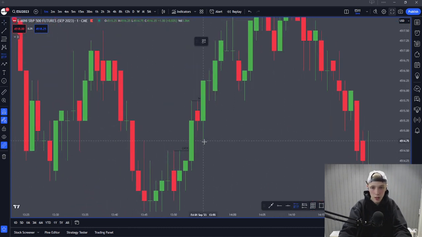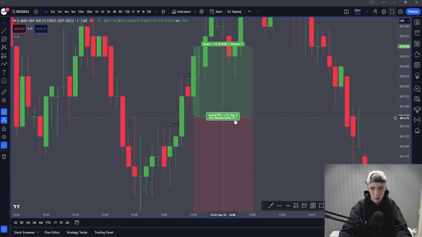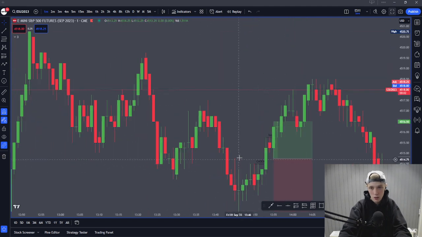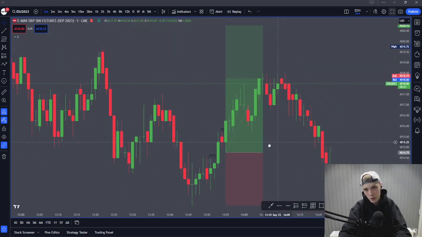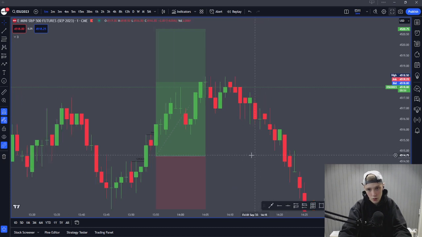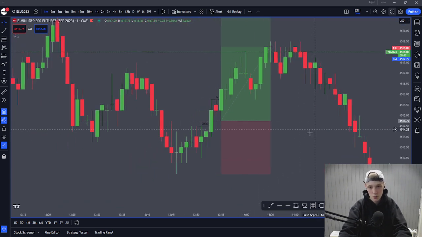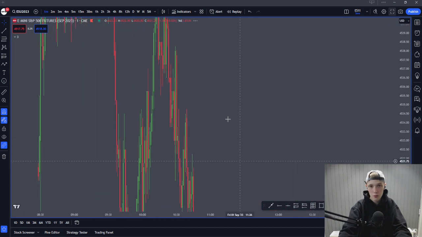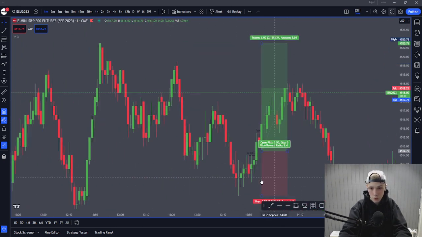Maybe many people will try to enter right here. I will explain that in a little bit, but some of you might already know what this is. Some people might enter off this retracement right here and then aim for, let's say, this high over here. But this is on the 1 minute chart, so a change of character and a break of structure on the 1 minute chart is no good. I do not recommend going off the 1 minute chart if you're looking for a break of structure or a trend reversal. Because as you can see, we've been bearish, right? So why would you go long on a 1 minute break of structure,